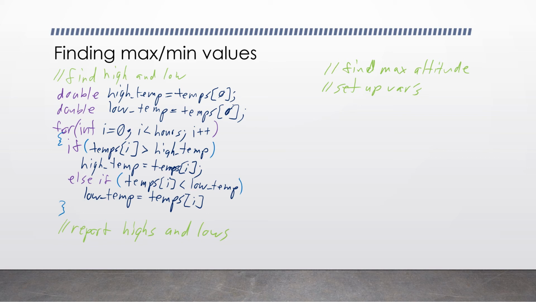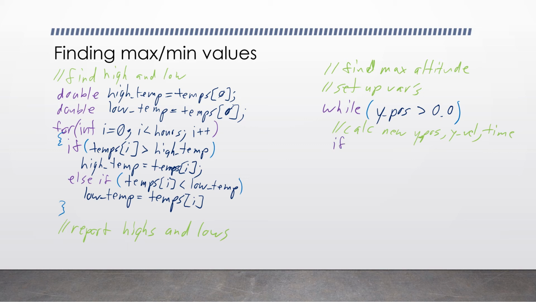And then while y position, that is our position in height, is greater than 0.0, so while we're still in the air, we're going to do our calculation, calculate new y position, y velocity, time. Okay. And